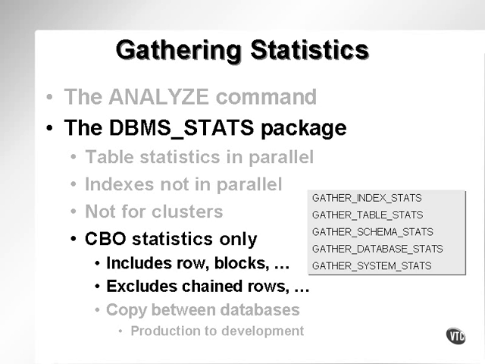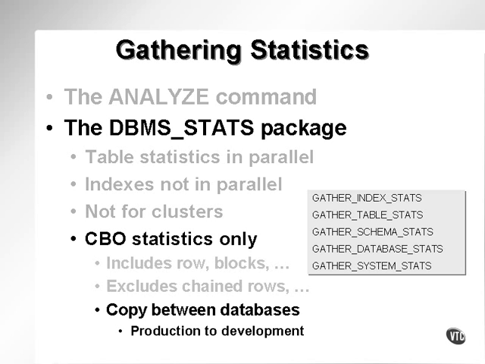Additionally, the DBMS Stats package generates cost-based optimization statistics only. So, basically it includes rows and block counts, but it excludes things like chained rows. The other advantage is you can directly copy statistics between databases using the DBMS Stats package, such as between production